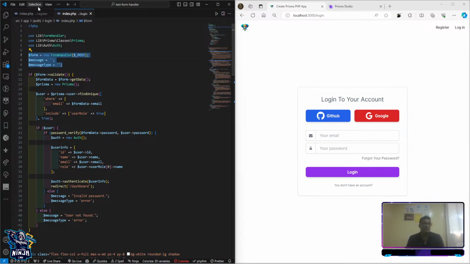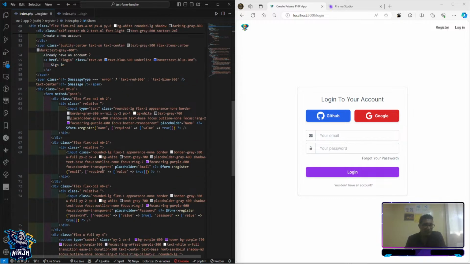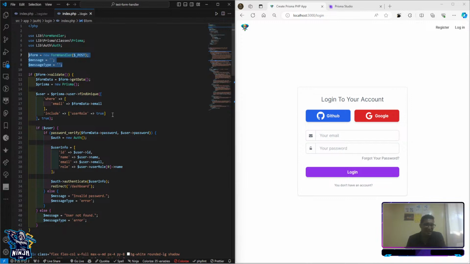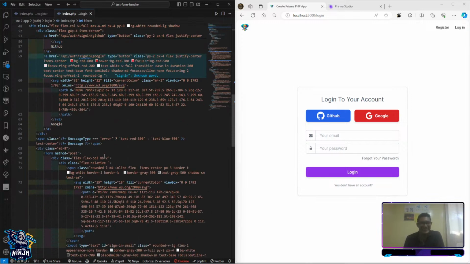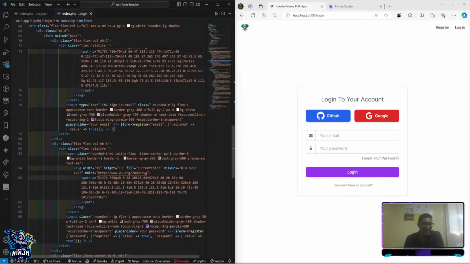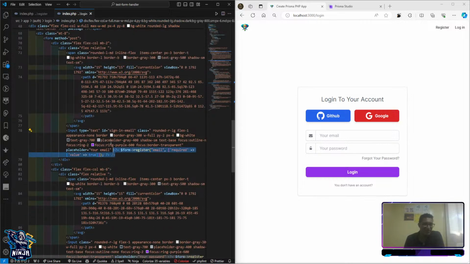So this means to say, if you want to handle your register section this way, you can do it, because I think it's very easy way to handle your form in the same line where you are having it. But if